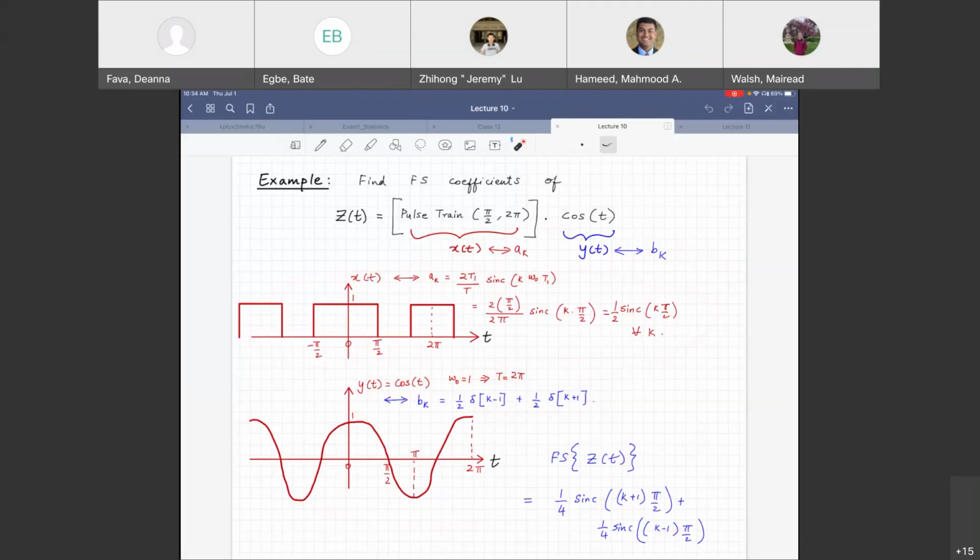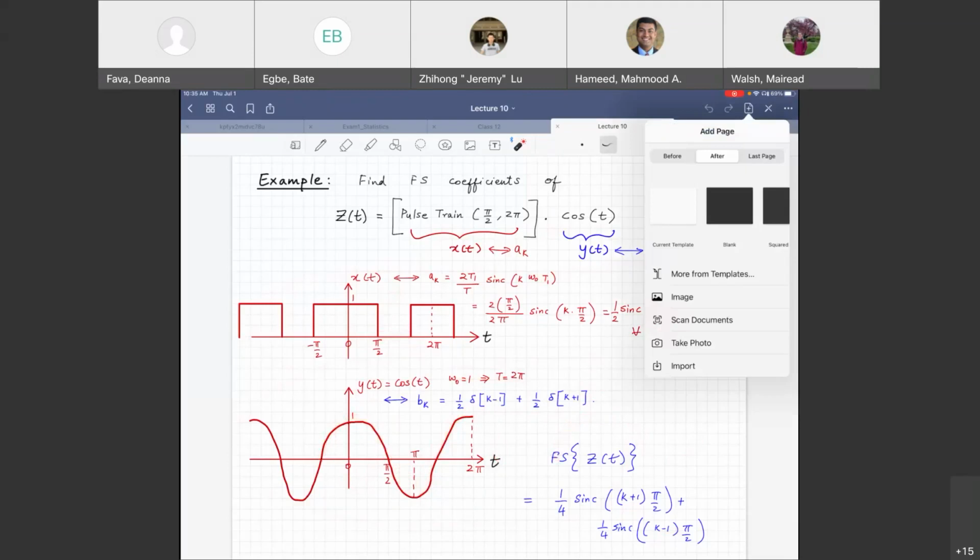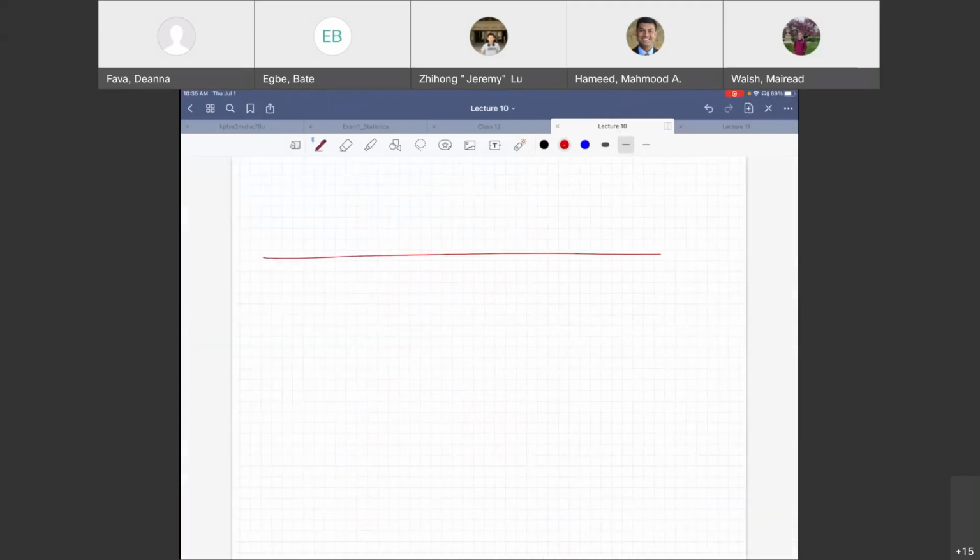Now, try to imagine the resulting waveform. When you multiply this with this, what are you left with? Things between pi over 2 and pi cancel out, right? So you remove this and you remove this. So you get something like this, and so on. You get half cycle, 0, half cycle, 0, half cycle, 0. Now, try to think about variations of this. What would you need to do if you wanted to figure out the Fourier series coefficients of something like this?